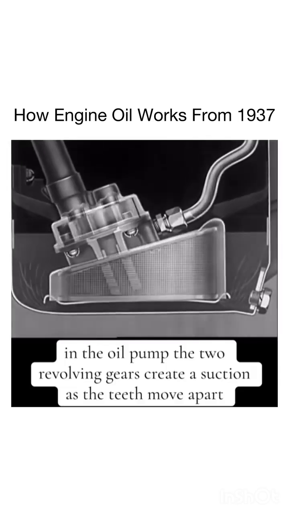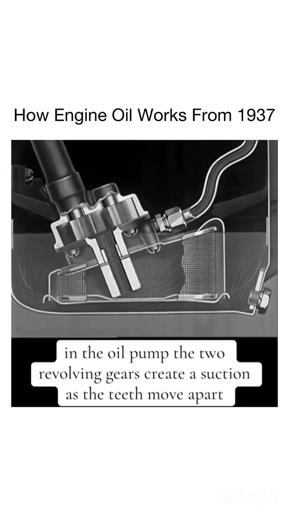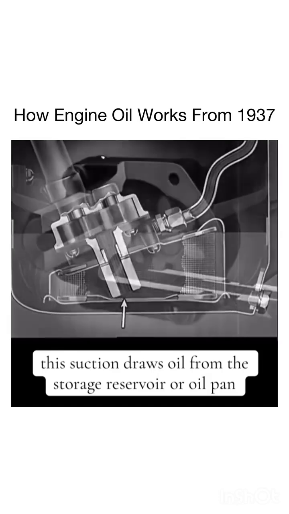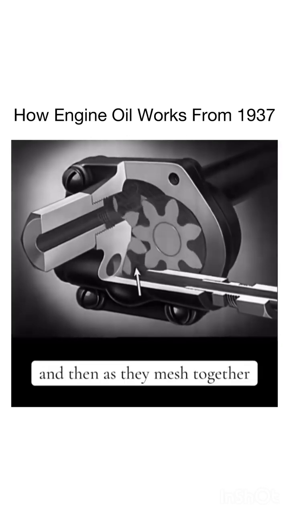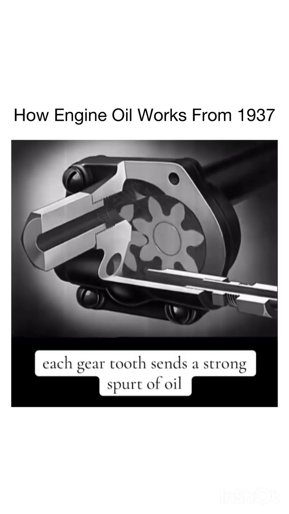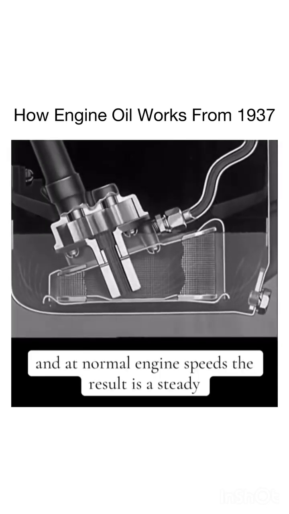In the oil pump, the two revolving gears create a suction as the teeth move apart. This suction draws oil from the storage reservoir or oil pan. The gear teeth carry the oil around as they revolve, and then, as they mesh together, force it to the engine parts. Each gear tooth sends a strong spurt of oil, and at normal engine speeds, the result is a